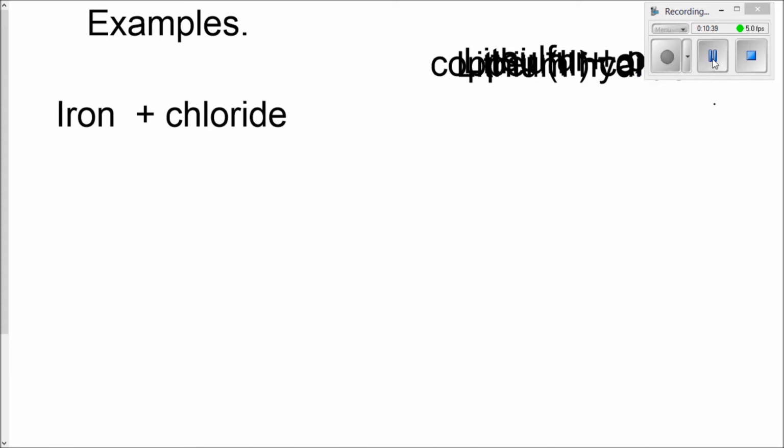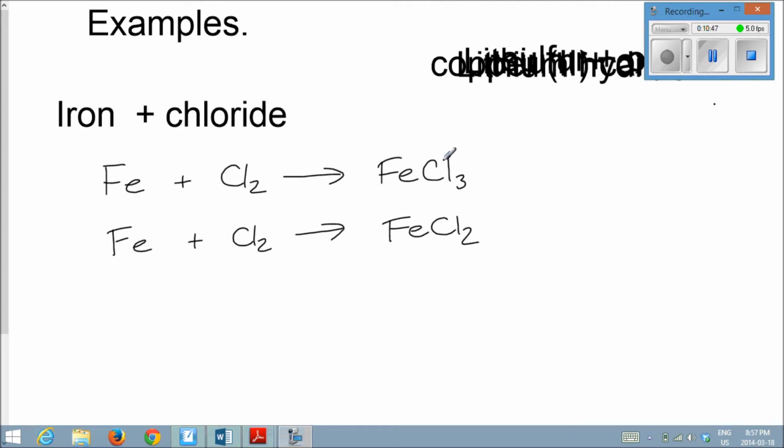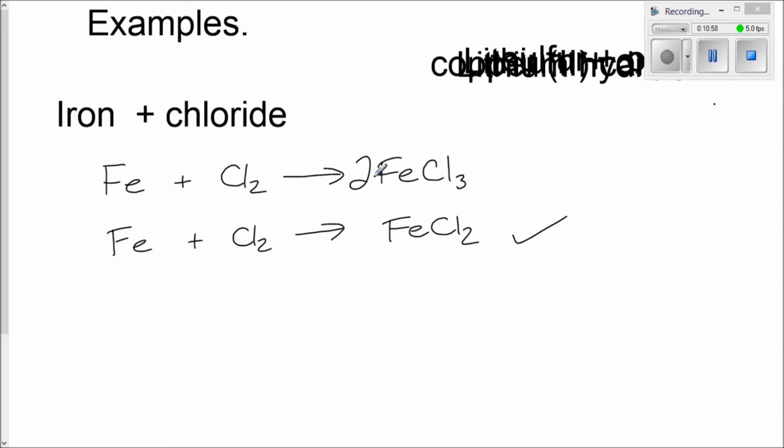Now this one is actually going to be multivalent, so go ahead and try to give it an answer on your own. Go through your notes, pause it, and see if you get this answer. If you realize that this is a synthesis reaction, you can have either a 2 or a 3 charge, so you actually have to show both of these. Then it's a matter of balancing them out. This one is balanced, and this one needs to be balanced. So these are the 2 equations that you'd need to do.